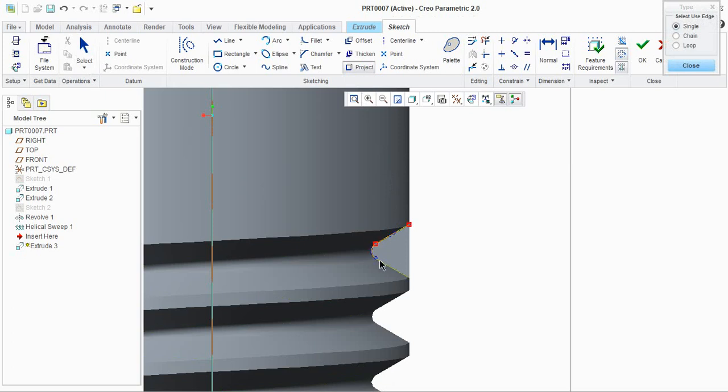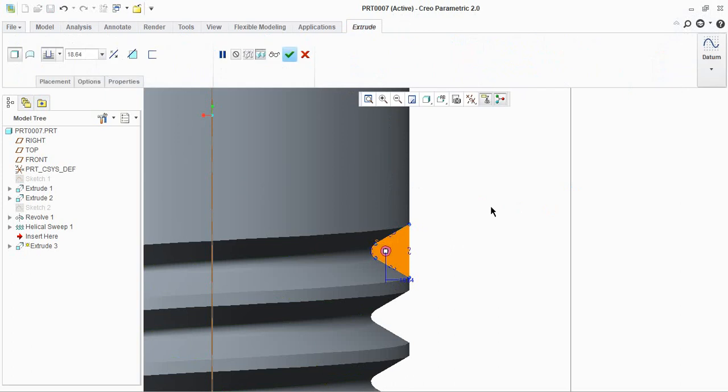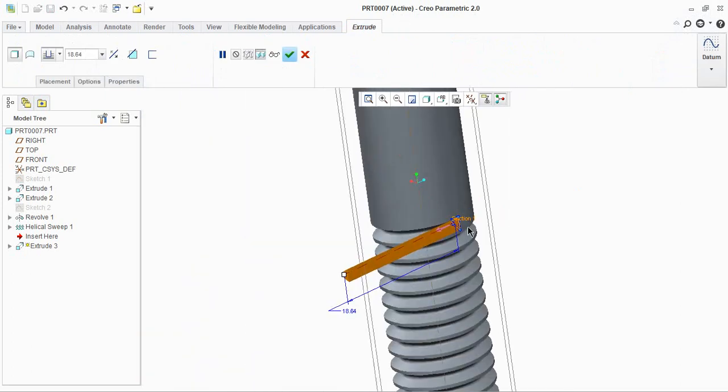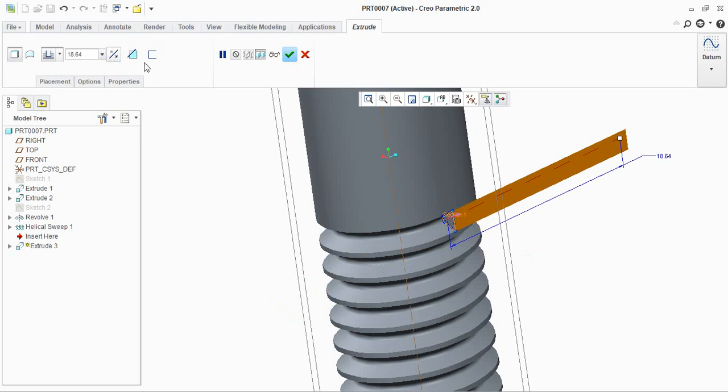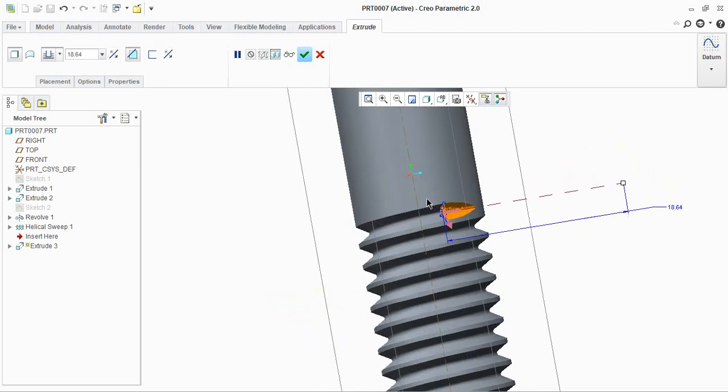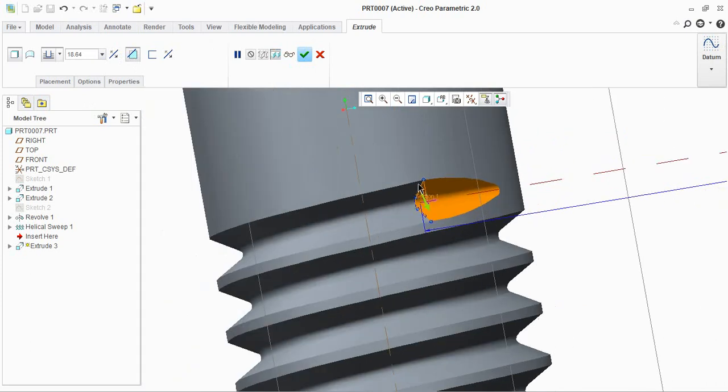Directly click the edges that we need to project. So we have created the sketches using the project option, and then click OK. Flip the direction. Here we are going to use the remove material option again. Now you can see the difference.